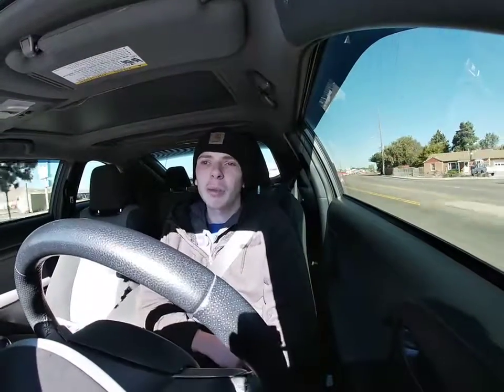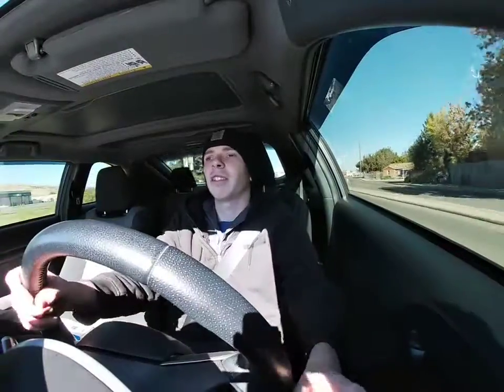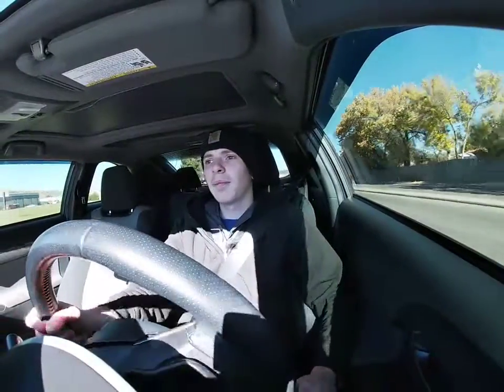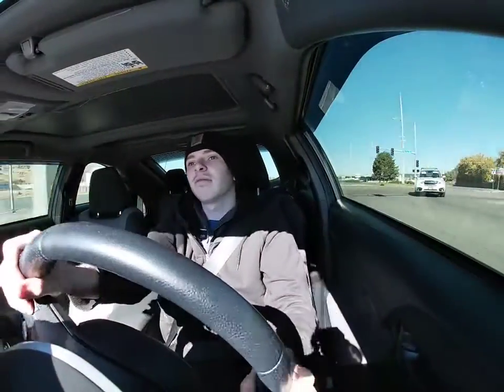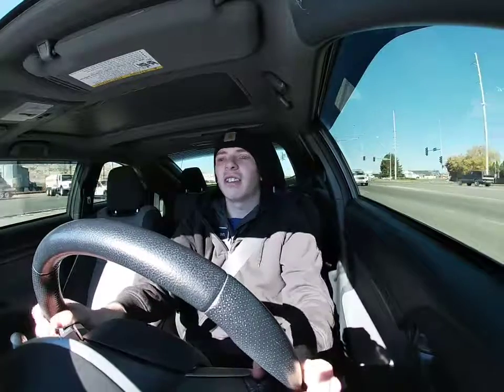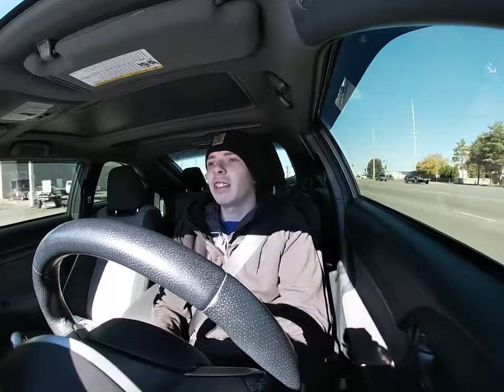Soft top convertibles, some people don't mind them. They're not my favorite looking type of vehicle. So if I can get it in a hard top convertible, I will. And the Spyder does come with that. That is a very nice little touch to be able to have,